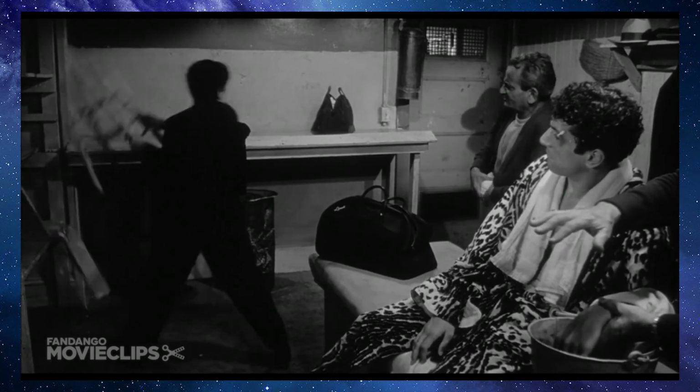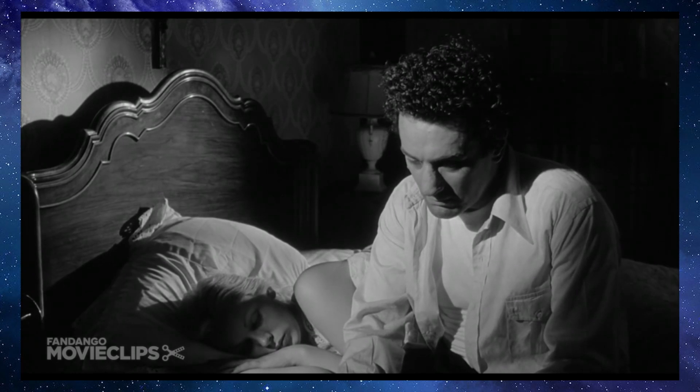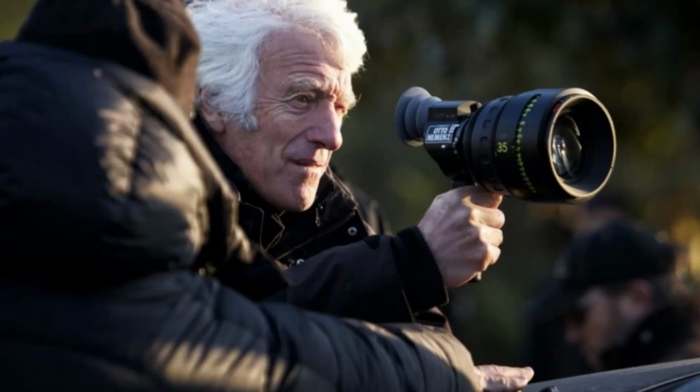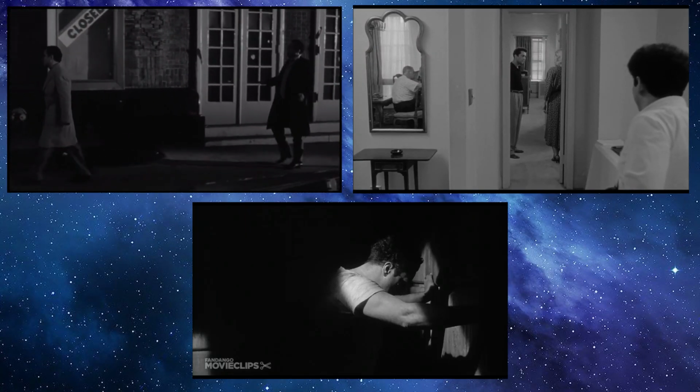Every aspect of filmmaking works super well in this movie. You have phenomenal acting across the cast, gut-wrenching sound design, and top-notch editing that juxtaposes slow pace with fast pace. However, the one aspect that stood out to me is the cinematography. In this video, I'm going to be talking about how this movie utilizes camera movement, composition, and lighting in order to convey brutality and isolation. So, without further ado,